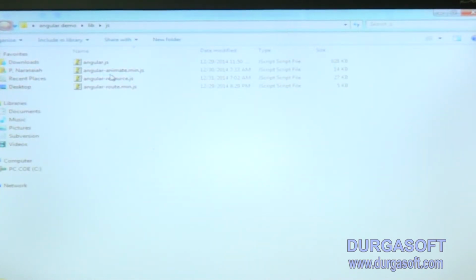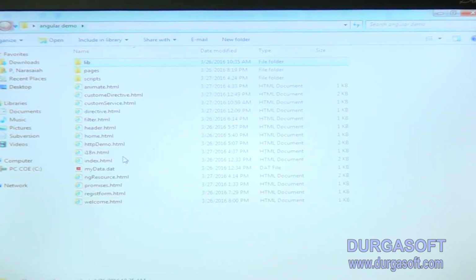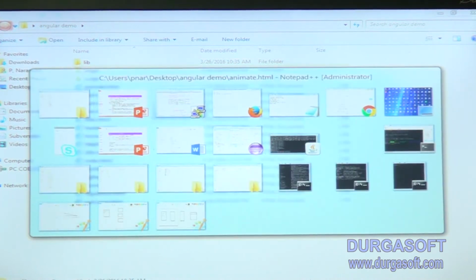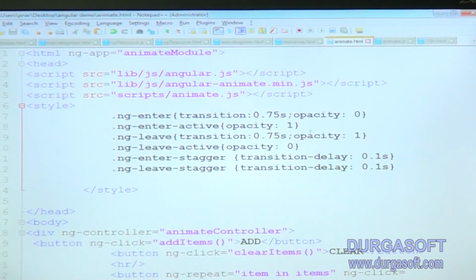That JS file is the angular-animate.js file. Using this JS file we can implement some animation in web pages. How can we implement animation in web pages using Angular? For this I created one HTML, animate.html.